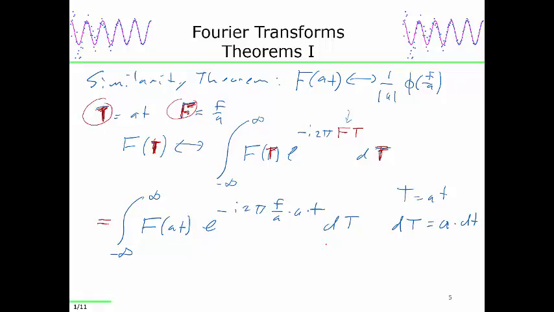So I can substitute that in here. And that's because a is a scalar? Yep. It's because a is a scalar. So this becomes a times the integral from negative infinity to infinity of